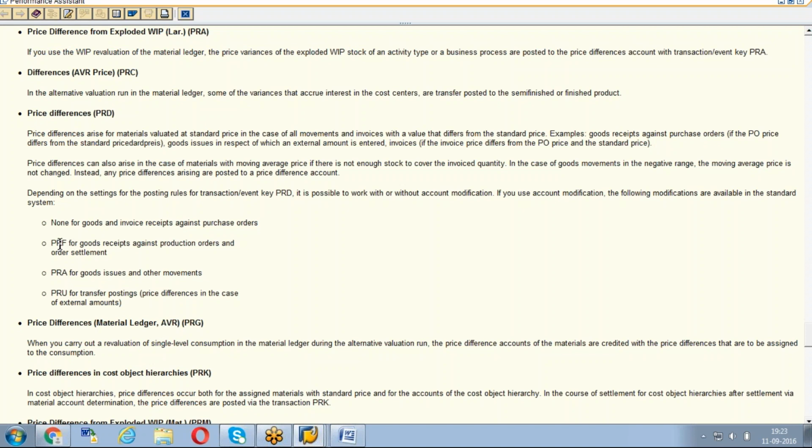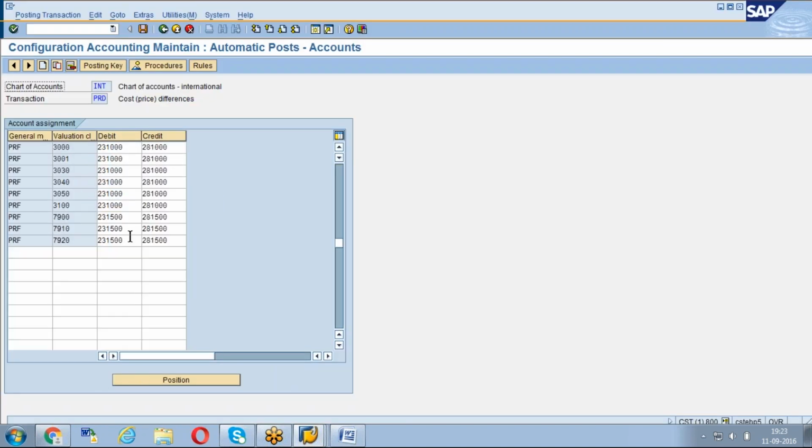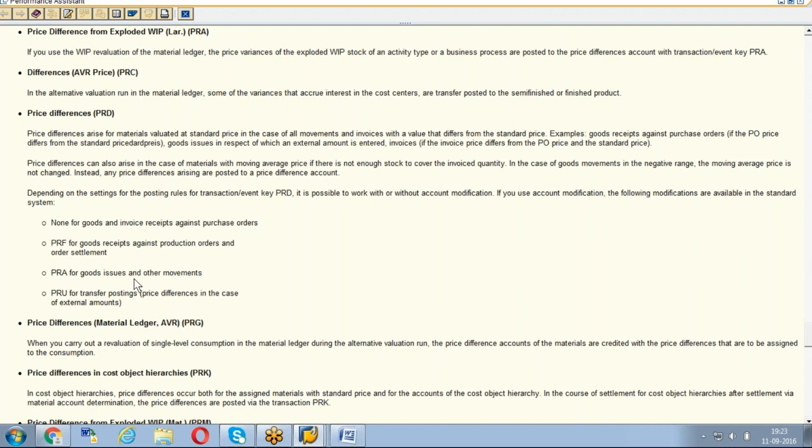And PRF: these GL accounts will come when you use goods received against a production order, if you get a price difference. For example, the production order finished good you generated is $100, but in the Material Master it is 95. Then that $5 will go to PRD under that PRF.